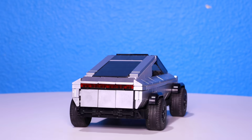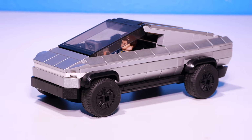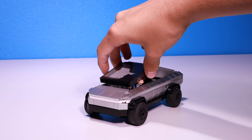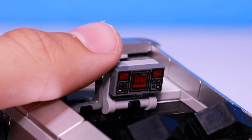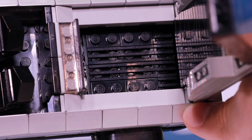Car number 12 is a custom CyberTruck. I borrowed this CyberTruck from a friend, and he bought instructions off the internet to build this. So starting off on the rating system, overall how cool it looks. It has the giant windshield in the front, and then we can take off the entire top part, and we can see inside there's the weird steering wheel and the control panel. There's seats for 2 minifigures, and there's some space in the trunk to fit some stuff inside of it, like